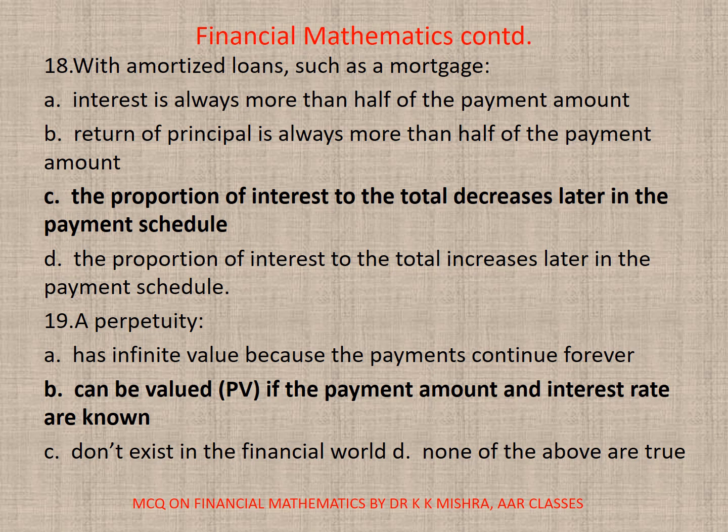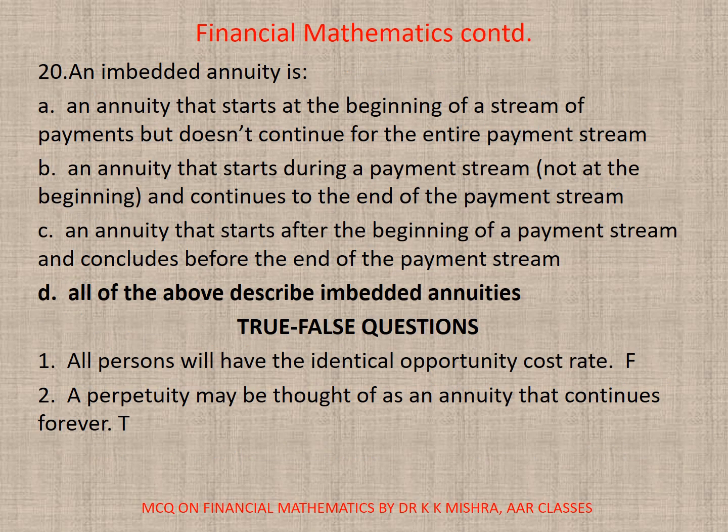19. A perpetuity, correct option is B, can be valued by present value if the payment amount and interest rates are known. 20. An embedded annuity is A. An annuity that starts at the beginning of a stream of payments but does not continue for the entire payment stream. B. An annuity that starts during a payment stream and continues to the end of the payment stream. C. An annuity that starts after the beginning of a payment stream and concludes before the end of the payment stream. D. All of the above. So here the correct option is D. All of the above describe